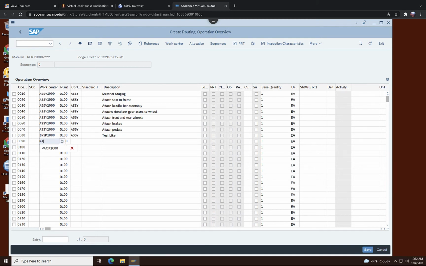Then packaging 1000, steel assembly controller, and disassemble. And package 1000, pack the bike, and last step is pack again, assemble, and move to storage. Right, so you have to enter that, and then you go to,